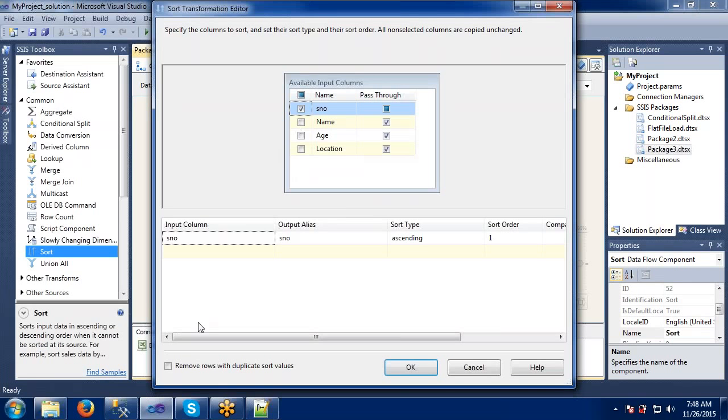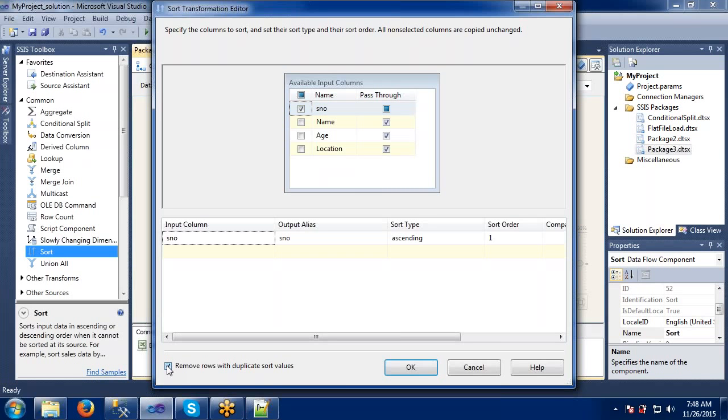And see, here we have one more beautiful option called remove rows with duplicate sort values. It means if there are any duplicate records, simply remove them in the sorting itself and send the rest to the destination. We are eliminating the records which have duplicates.